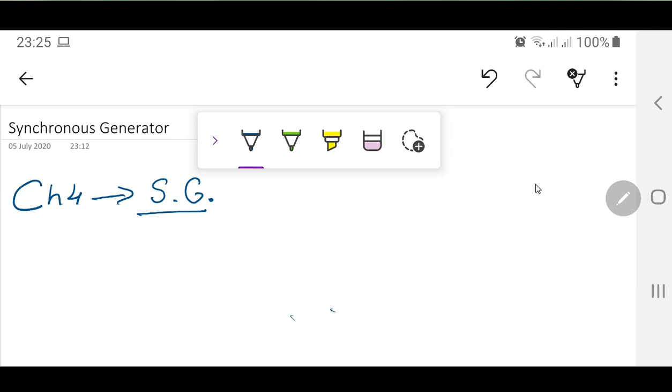But before we move forward, what is this synchronous generator? As the name suggests, this is a generator, and it is going to generate electrical energy from mechanical energy. So certainly this is going to be beneficial from an electrical point of view. It's going to take some mechanical source. So this means there is always going to be a prime mover involved, and that's going to rotate some rotor, and you are going to have some output